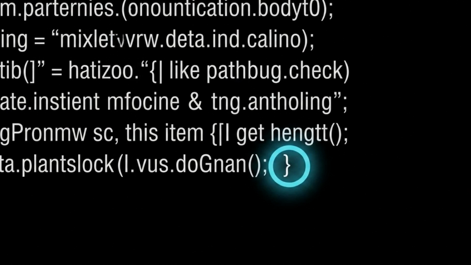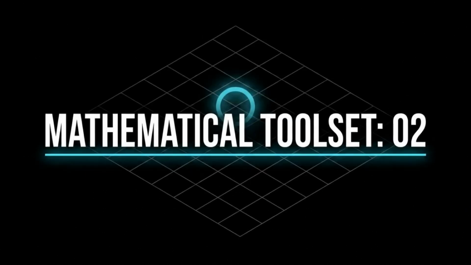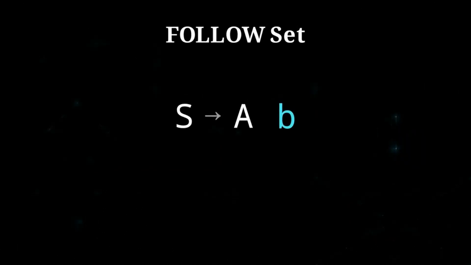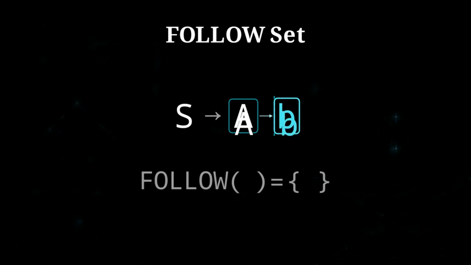While the first set handles how a structure begins, the parser needs to know the legal boundary where it ends. This requires a second tool, the follow set. The follow set identifies which characters can legally appear immediately to the right of a variable. In this rule, because B is positioned directly after A, it is the only valid member of the follow set